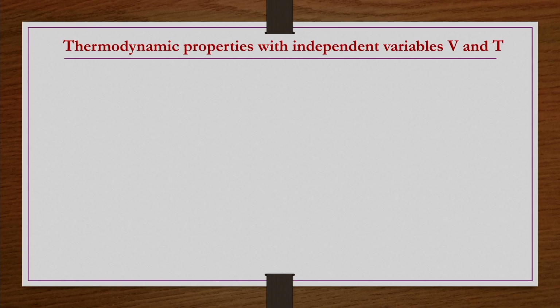Okay. Now, what we do next, we see how to estimate thermodynamic properties with temperature and volume as independent variables, because in the previous lecture we have discussed that most of the volumetric data is available as pressure explicit rather than volume explicit. In the previous class we estimated thermodynamic properties from equations of state, if that is available in volume explicit form, but mostly these equations of state are available in pressure explicit form, that is, temperature and volume have to be independent variables. So, under such conditions how to estimate thermodynamic properties?